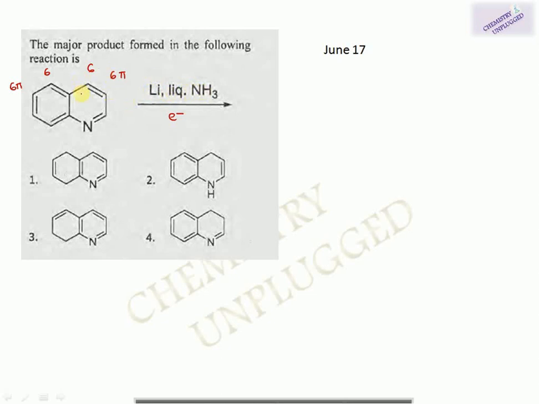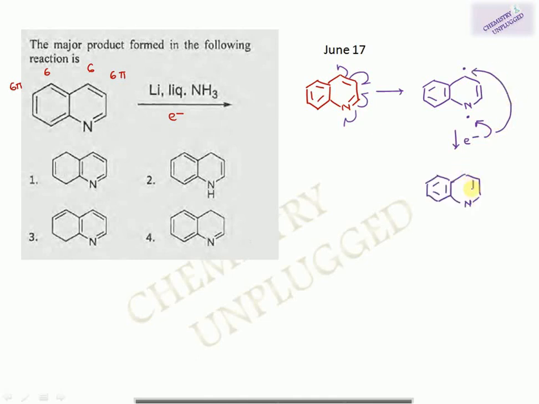So what will be the reaction? The electrons will shift like this and it will lead to the generation of radicals, one at this side, one at this side. Next, electrons will attack these two sides, and these electrons will be provided by the lithium in liquid ammonia. First it will attack on this side, then on this side. We will get negative charge over these sites, then they will abstract a proton from the reaction medium, from the solvent, and this will be the final product. So the correct option will be the second one. Then we will move to the next question.